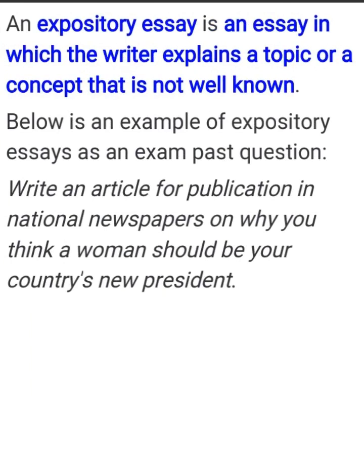See a sample question. Write an article for publication in national newspapers on why you think a woman should be your country's next president. Yes, so you are going to explain points. You are going to give points as to why a female should be the next president in your country. That's an expository essay, and that's how it comes. This one actually was featured before now in one of the examinations, and so we want to take note of that. So we now come to the next one, which is